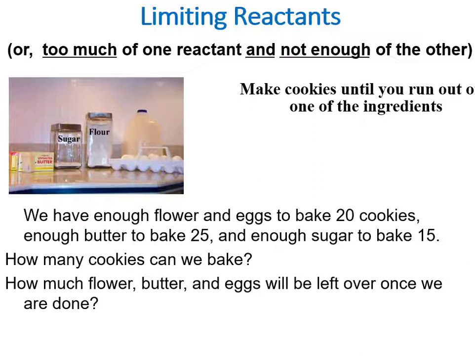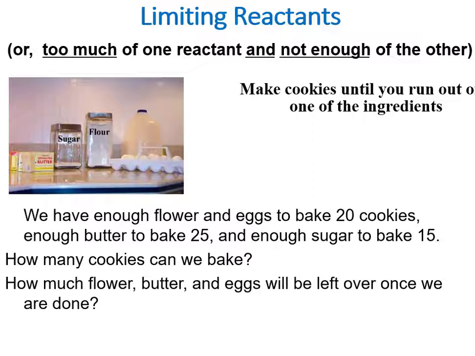And if we measure our quantities, we may discover that each quantity of the ingredient will allow us to bake a different number of cookies. So the question is, how many cookies can we bake and how much of the other ingredients will we have left over? Now, the sugar in this example will be our limiting reactant because it's limiting our ability to bake